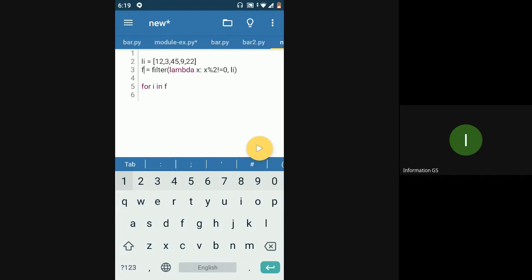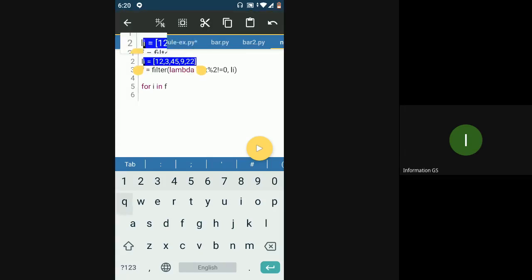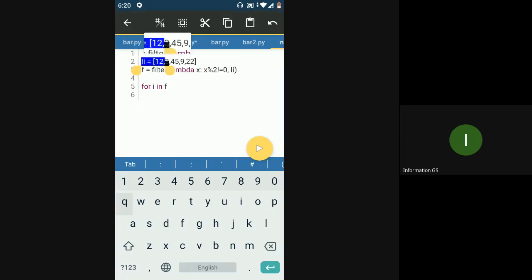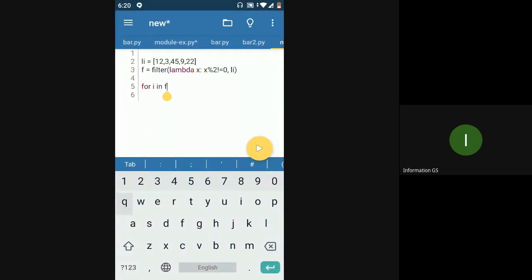If I have a list and I have to iterate the elements of the list, this would mean I have to run a loop so that all the elements of the list are executed. For example, if I do for i in Li, then I am iterating the list, because I'm going through each and every element present in the list.